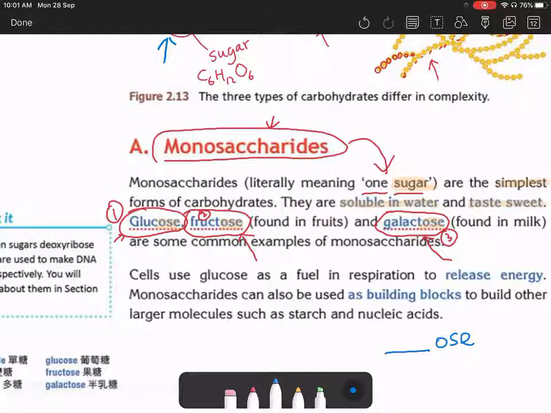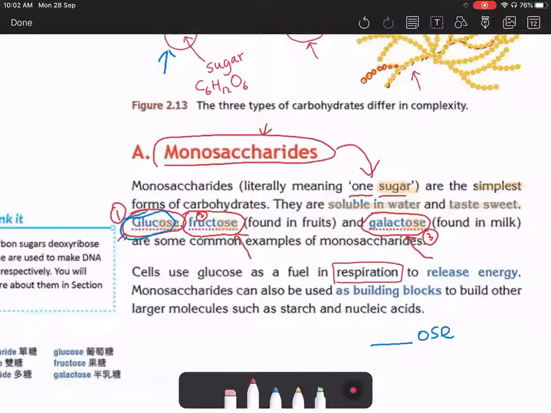So the functions of monosaccharides, we usually focus on glucose. Now, glucose is very, very important. They have one major function. It gives us energy in a process called respiration. Now, you should have learned respiration in your Form 2. In Form 3, we just know that respiration is a process to release energy for the cell. And also,